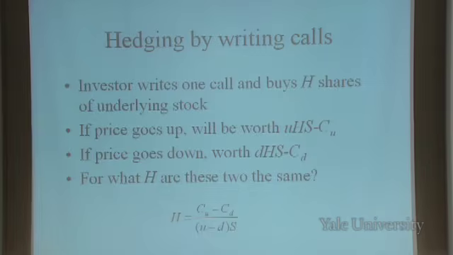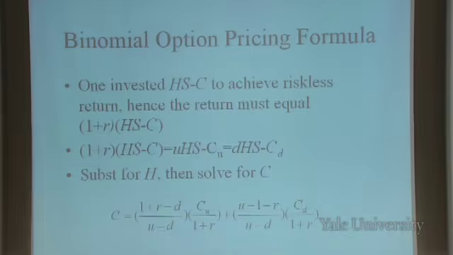And now it's very simple to get to option pricing. If I can form this portfolio where I have one call and H shares, it's a riskless portfolio. And so it has to earn the riskless rate of interest. That's what no arbitrage assures. It can't be possible to get a riskless portfolio that earns either more or less than the riskless rate. Because if that did happen, I would have a riskless opportunity, the ability to earn more than the riskless rate with no risk. And that's contrary to